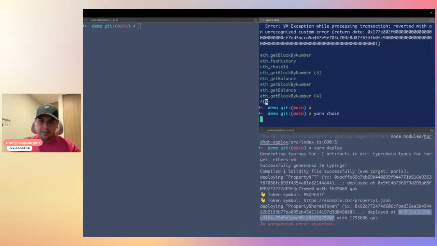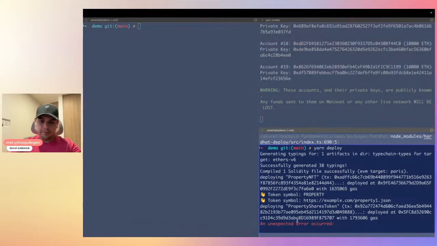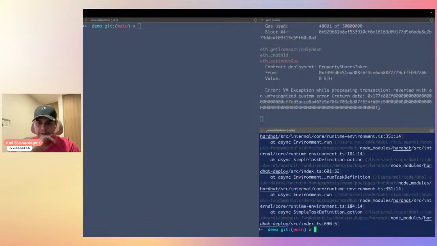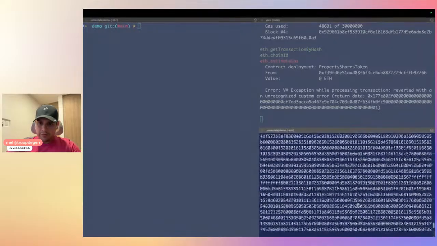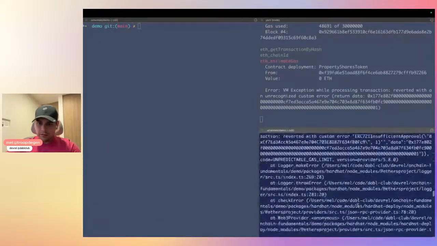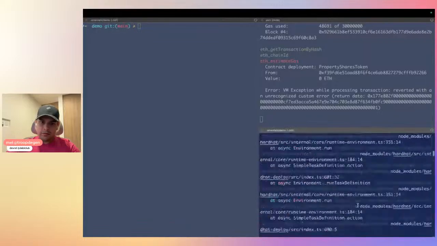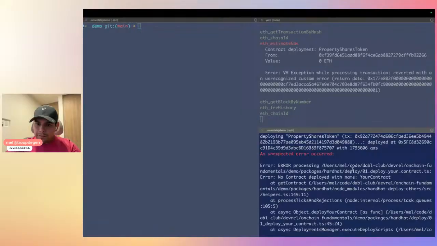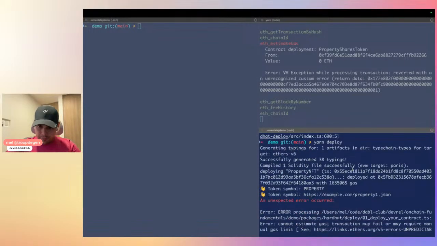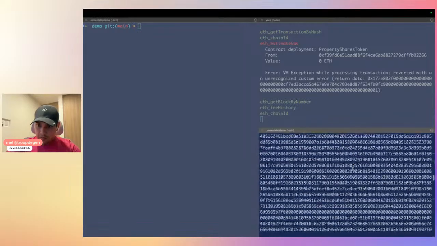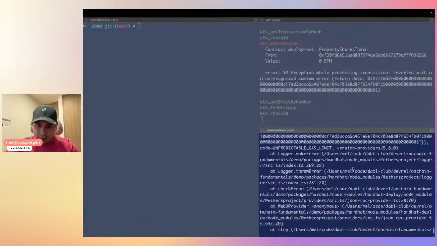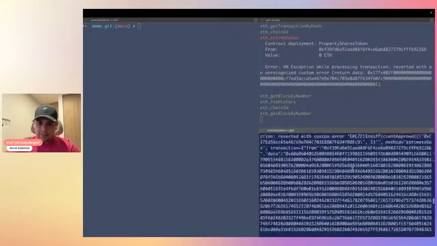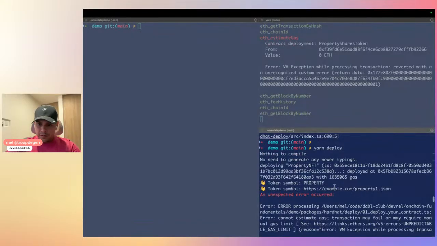So let's kill this again and restart over here. Deploy. Now everything should work fine. Get a small error where, whoa, this one's large. So we had worked through that property. There's, yeah, I think I'm skipping too much. But this is all data. Okay. So the token is correctly